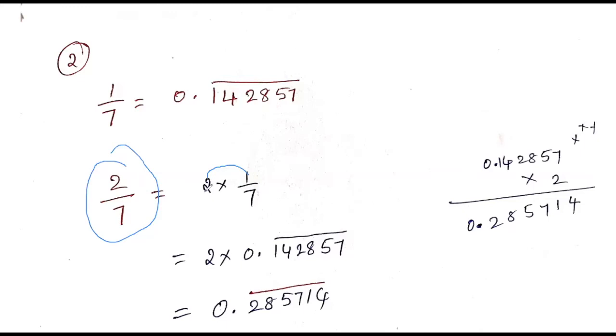Sir, why is it into 2? 1 by 7 into 2? Because we know the 1 by 7 value. Yes or no? This is the question they gave. We have to find 2 by 7. That's why the given question is converted based on 1 by 7. Okay, understood. So now 2 into 1 by 7. So 2 same, 1 by 7 value here. Just copy. So just multiply 2 into here.